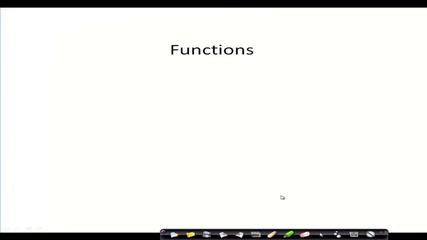The concept of functions is very general, and we will first look at it from the general angle: why it is required, what a function is, and then some details of its implementation in the C language. So, first let us start with functions.